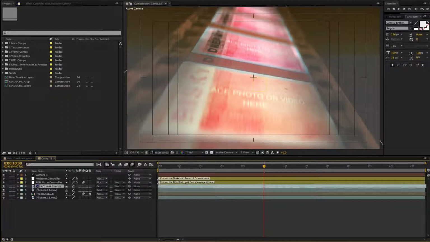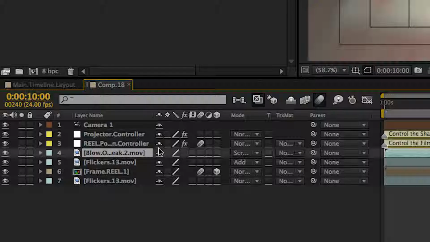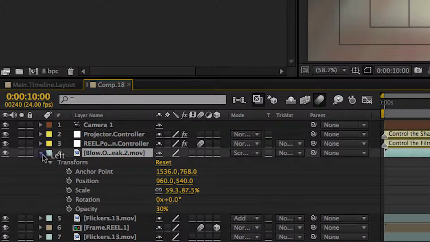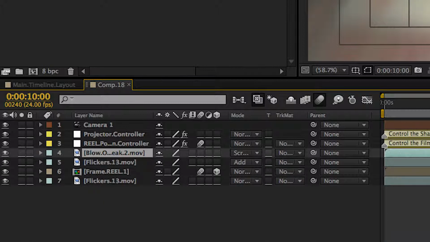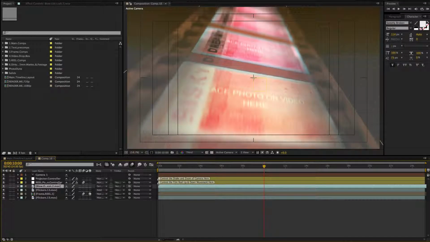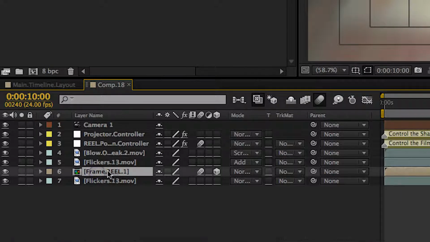Now I do have a couple mats on here, and you're going to notice again in the majority of the mats that I use, I usually use a screen, add, or overlay type of blending mode, as well as changing the opacity and bumping it down. So we got a little bit of a blowout and some leaks, again just to kind of grade it up a little bit. But now when we want to change our text, we can of course double click inside the pre-comp here,